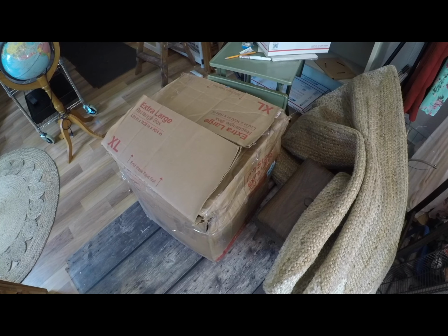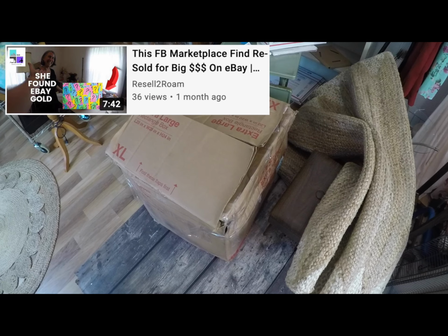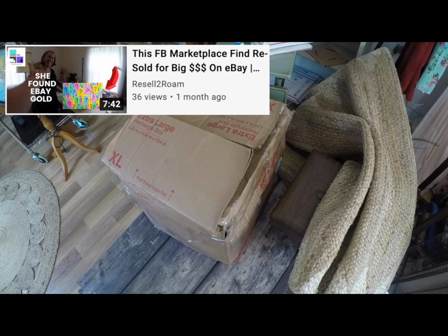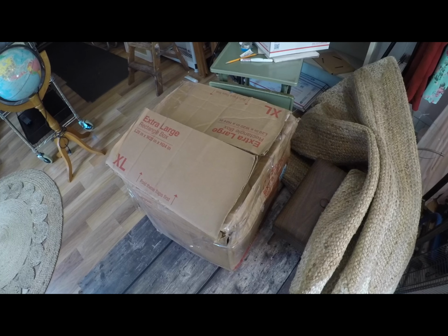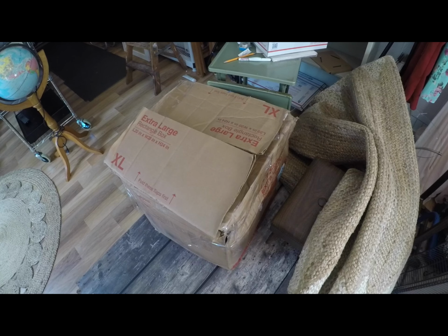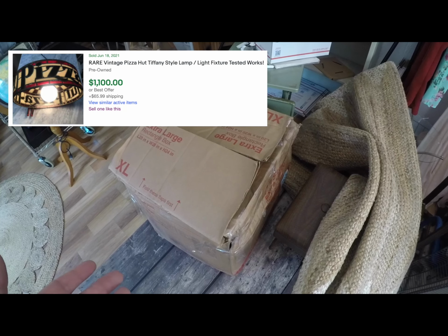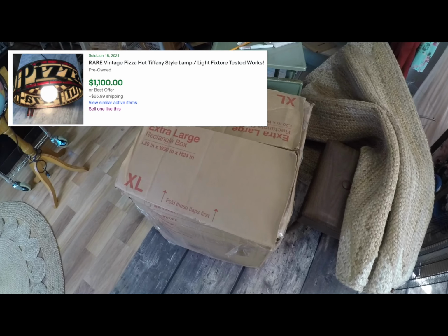In a former video that we posted, I'm going to put that right here, we found two vintage Tiffany style Pizza Hut overhead hanging light fixtures, and they comp for around $1,100 a piece. We paid $100 for both of them, and one of them sold immediately, and we sent it out. We packaged it up in this box and sent it out to the buyer, and unfortunately it did not make